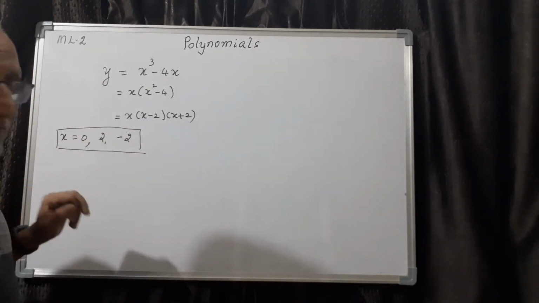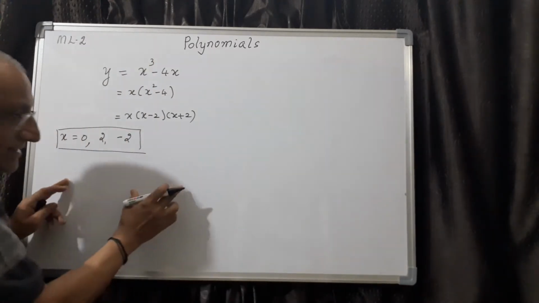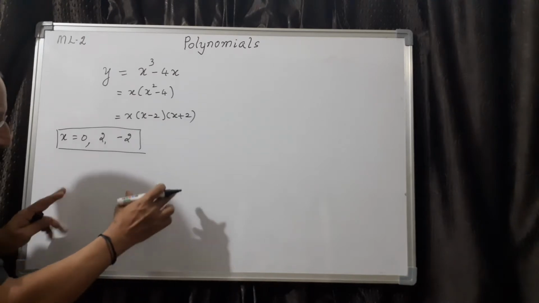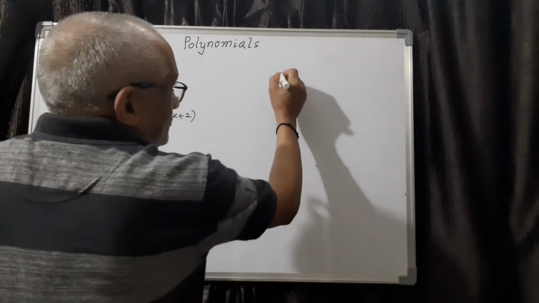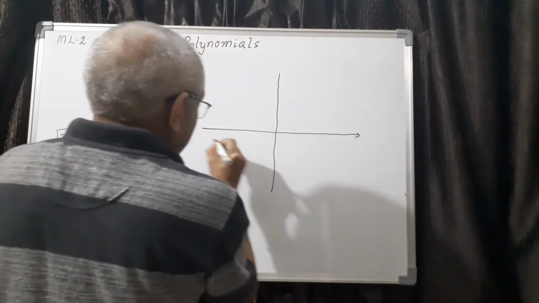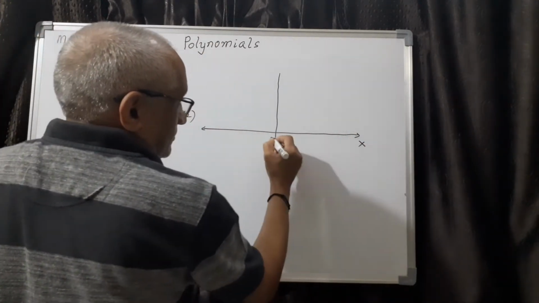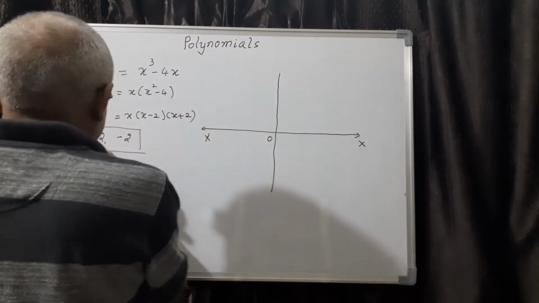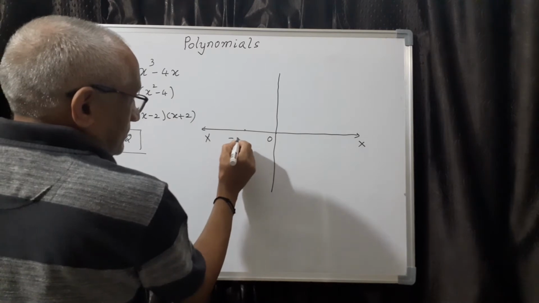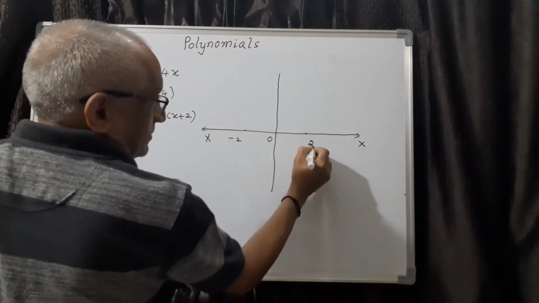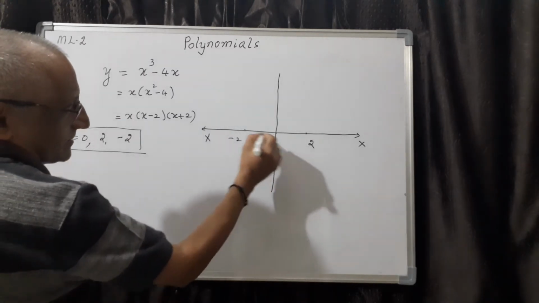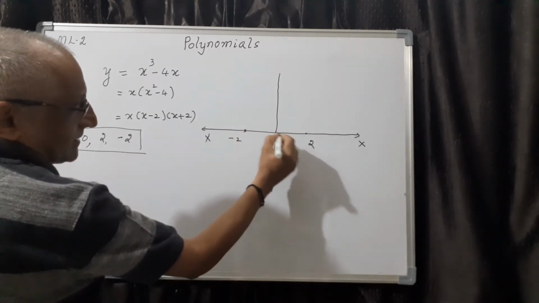So now you can see from the graph, of course, preparation of a table of values is not necessary. Of course, you can do it, but it is very lengthy. I will show you the graph directly. You can even verify with a graph sheet. So this will be the graph. You can take 0 as one point, the second point minus 2, the third one plus 2. So then the curve will be like this. It goes like this because it cuts here, and it cuts here.